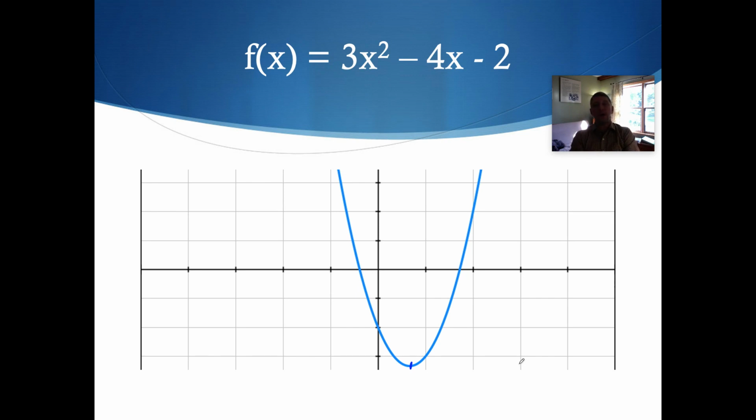If you have a graphing calculator, a TI-84 or a TI-89, you can graph this, and it will actually give you the minimum. I'm not going to get too crazy with this at this point, but on a TI-84, you'll find that the lowest value is the point